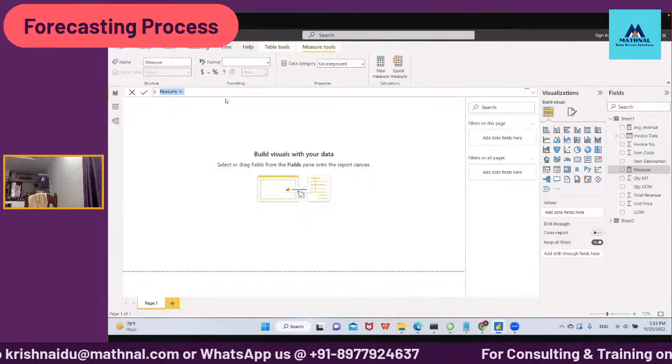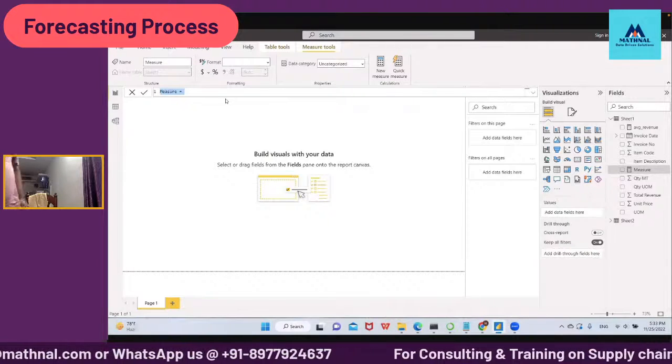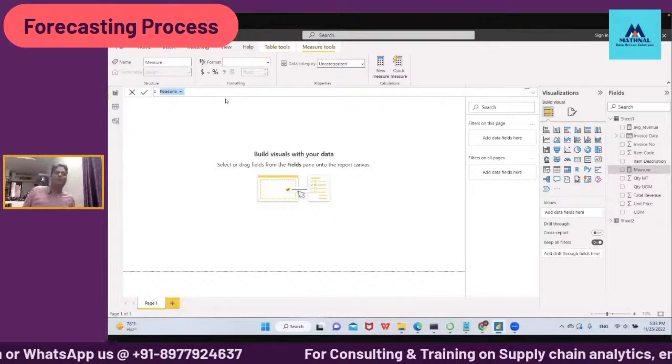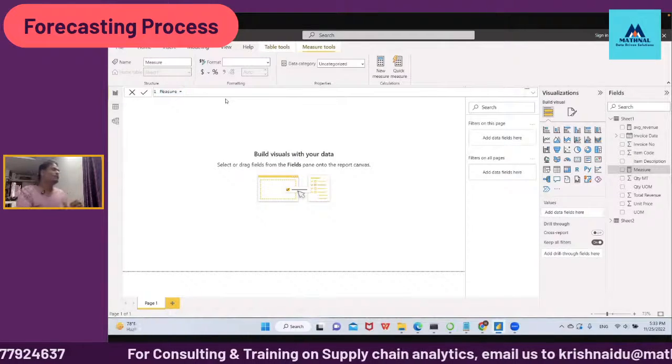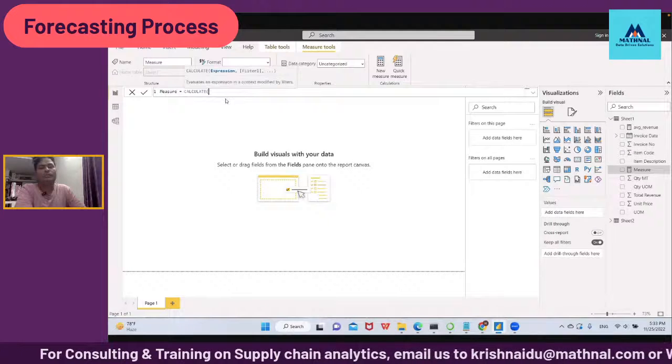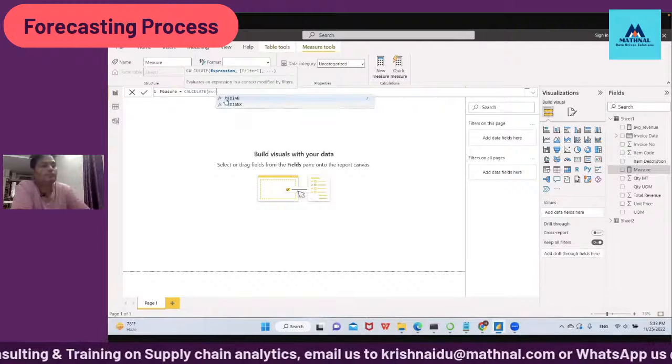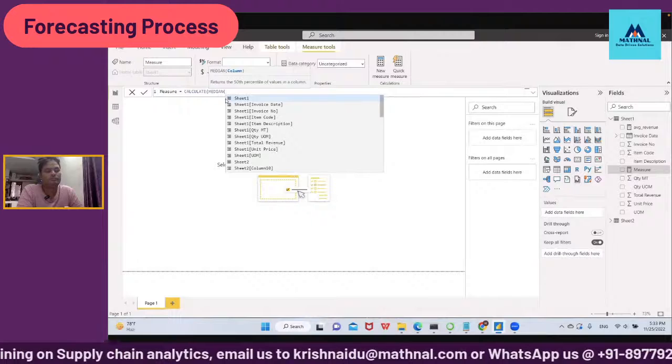Row wise we have to find the average of the... No, I'm asking you to find the median now, median. Not the average. Average we have already done, right? We are done with the average now. Median or